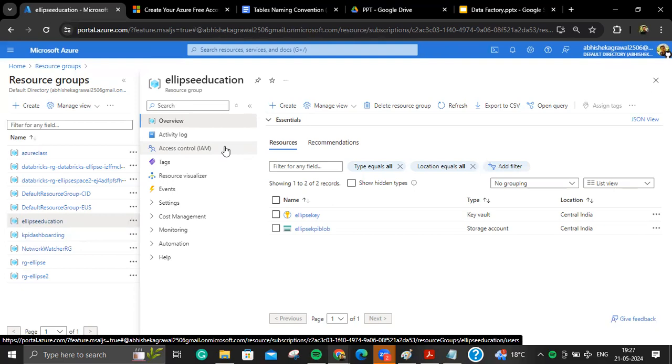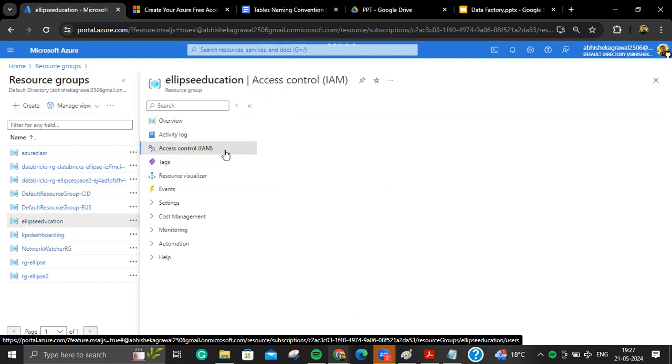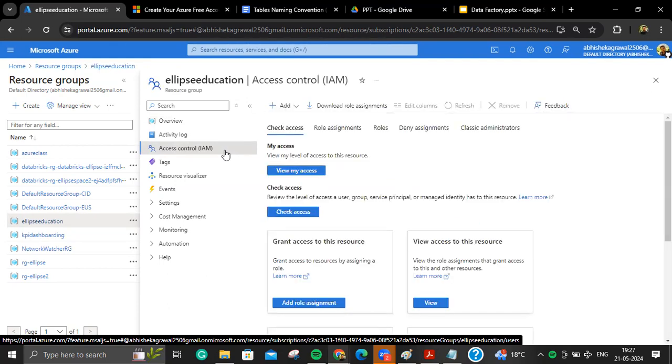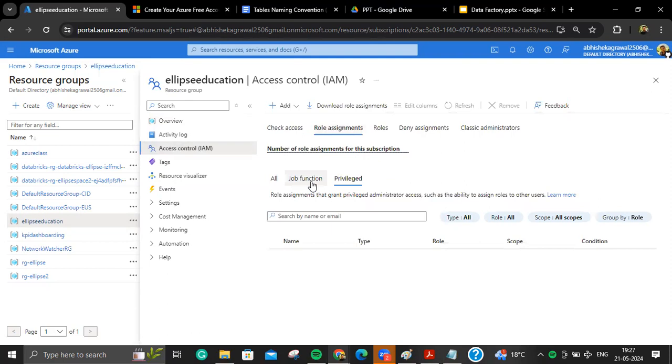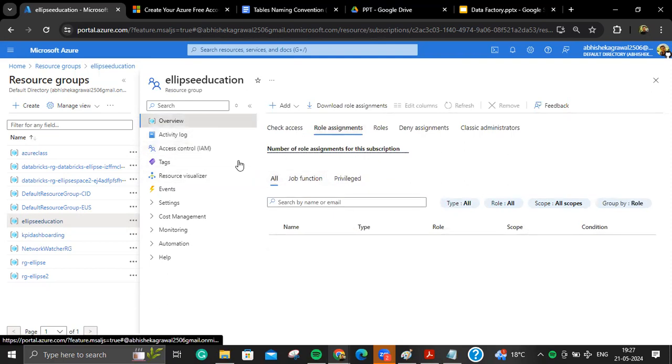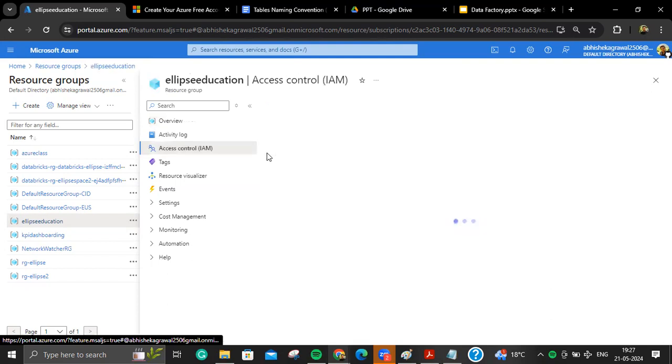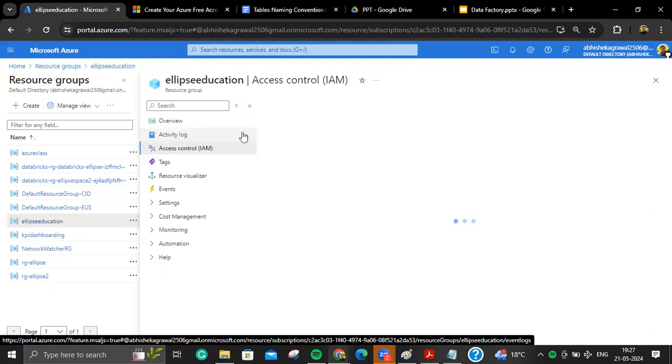Suppose you don't want to give the permission to prod, for example, due to some cases, because that is very sensitive. So you can give the permission to just a few of the employees. You can give the permission to deploy, and then remove it. Those kinds of things you can also manage by access control. If you go to IAM access control, you will also see who has access to it and all the role assignments. So from IAM access control, you will be able to see all sorts of permissions over here, right?